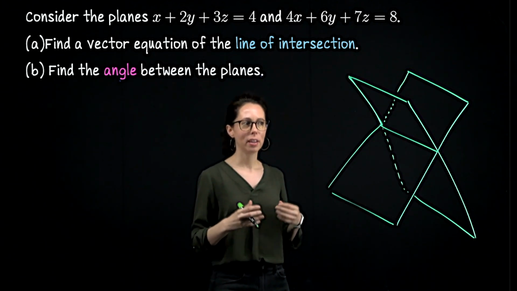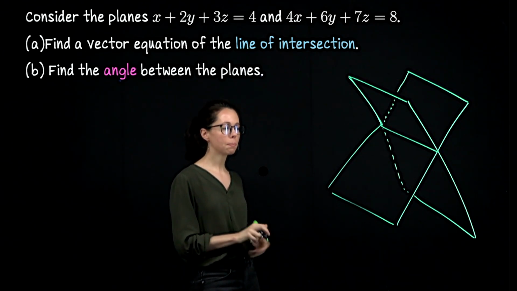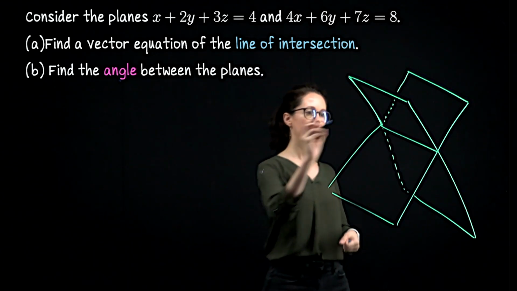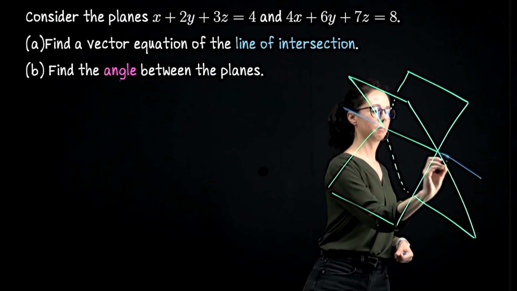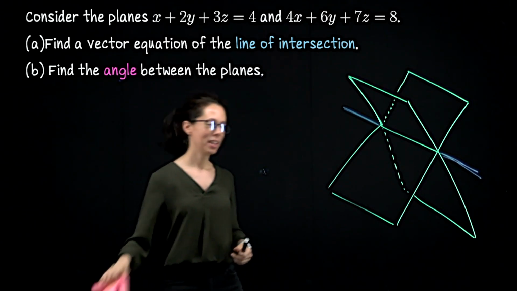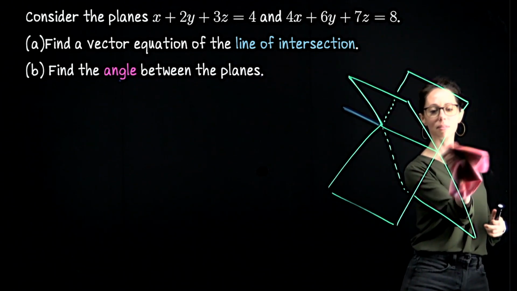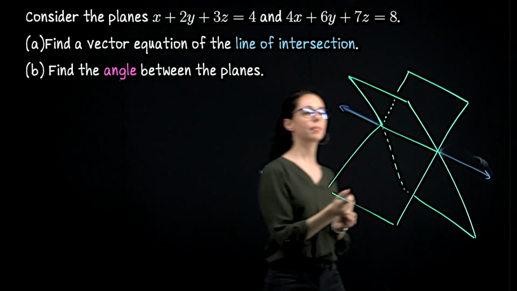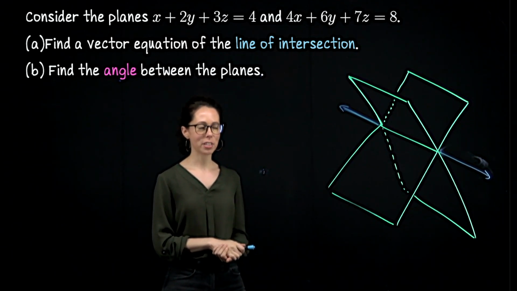They don't have to naturally actually look like the two planes that we have if you put them into some sort of graphing software. What we would first like to figure out is this line of intersection. Whoops. I did fine with my drawing of two planes, but then when I had to draw a straight line, messed up. All right, so we will give a vector description of this line of intersection.